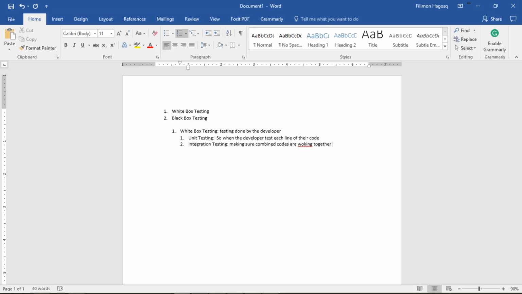The benefit of doing this is it puts less stress on the tester, because if there are a lot of defects and the developer can prevent them prior to reaching us, that would be very helpful, and it saves a lot of time. The second one, what we as testers technically do, is called